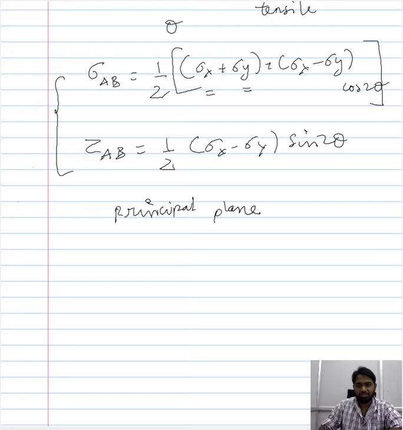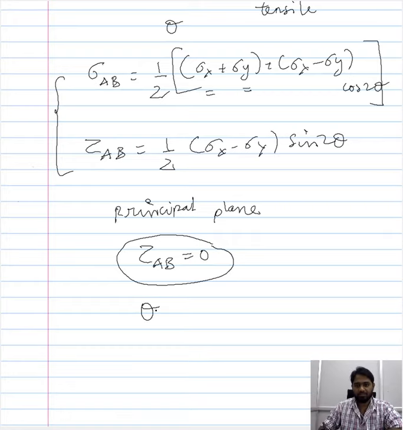by imposing the condition that the shear stress experienced by the plane along its surface is 0. So by imposing this condition, we were able to identify the inclination of those planes for which the shear stress experienced over its surface is 0, and we refer to them as the principal planes. We saw that these inclinations are 0 degrees and 90 degrees, and we found that for these inclinations the only stress that is acting is one of the overall stresses that are imposed in the x or y directions.